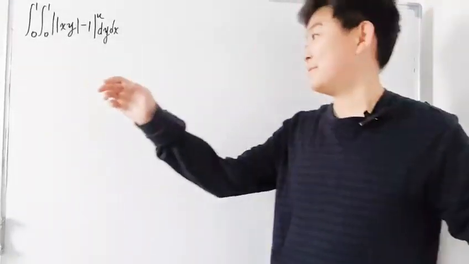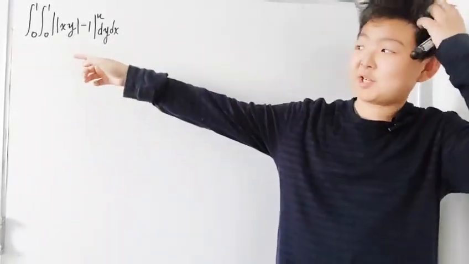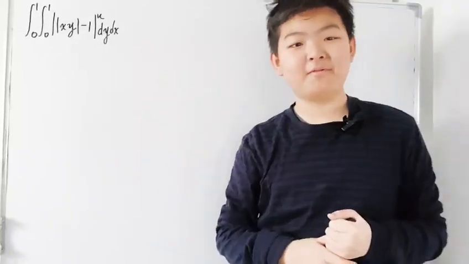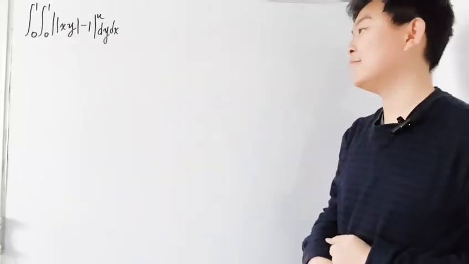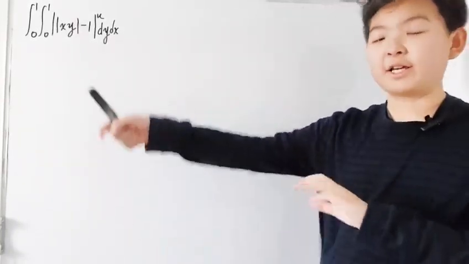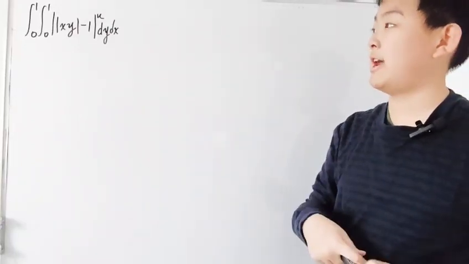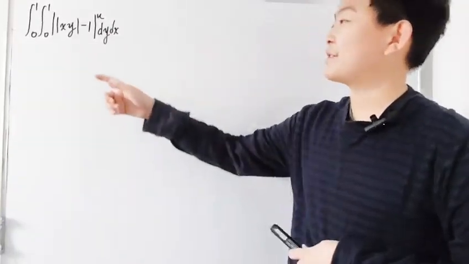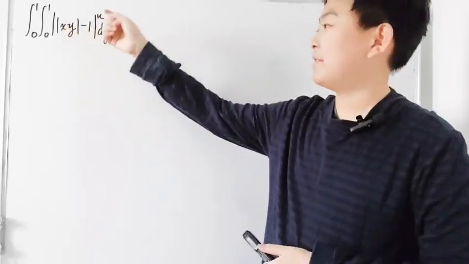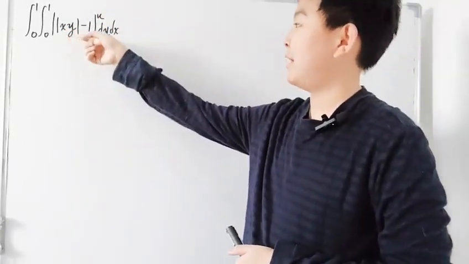So I'm not going to waste too much time here. This is going to be the start and goal of the show, and it has two absolute values, which are completely useless. We just negate them because they're always going to be one side, and we're going to get to that. So here we have a double integral, the absolute value of another absolute value, xy minus 1 to the